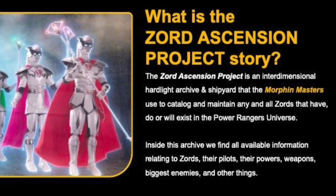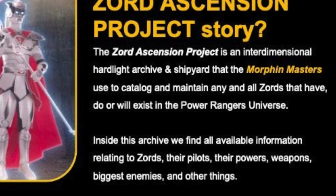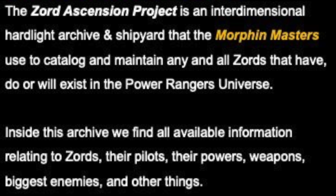Inside this archive, we find all available information related to the Zords, their pilots, their powers, their weapons, their biggest enemies, and other things. And that was what the ZORD Ascension Project story was supposed to be. They never said that,